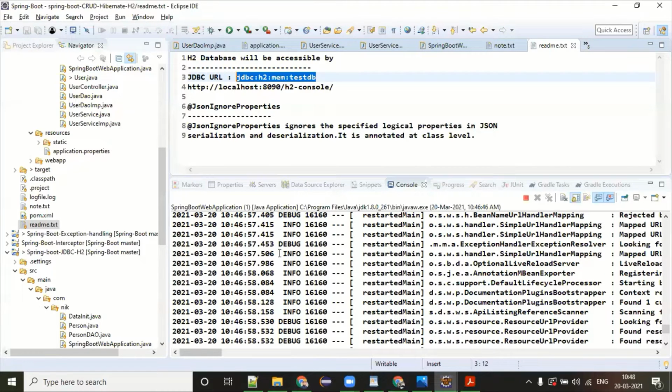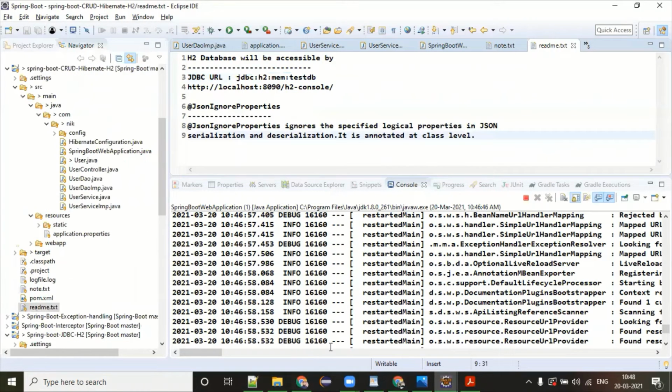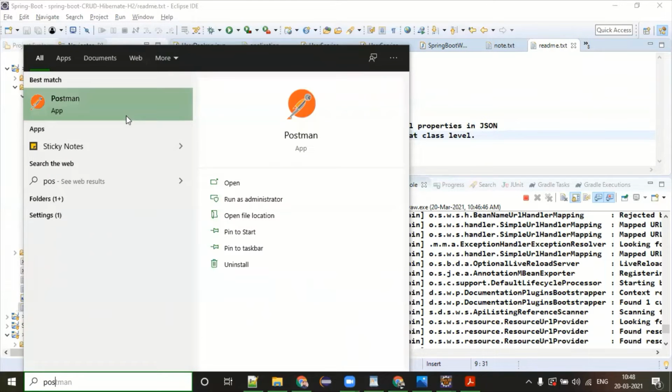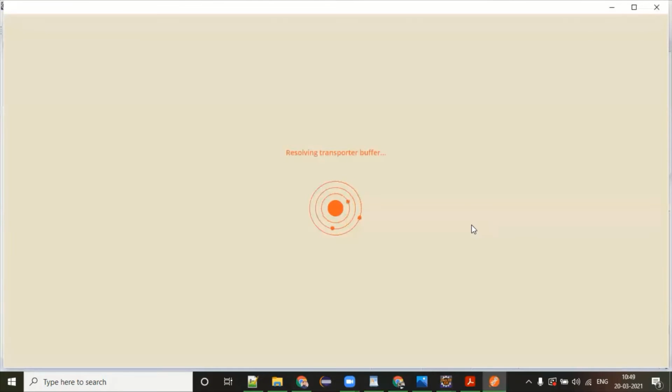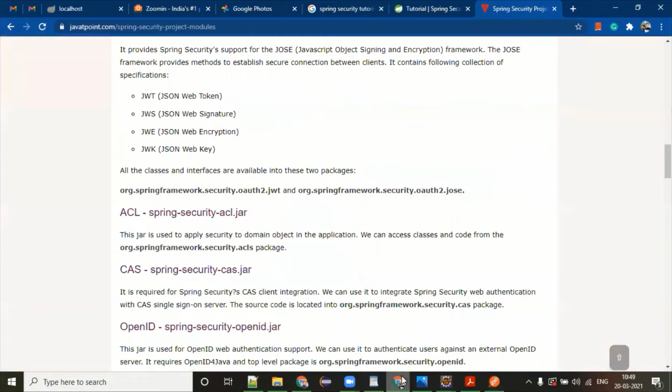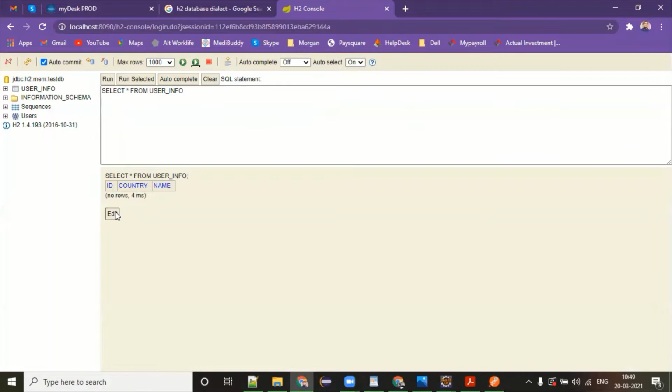So that I can do now with the help of Postman. Let me open the Postman. But before that, I can manually add one country name, India, name is a.